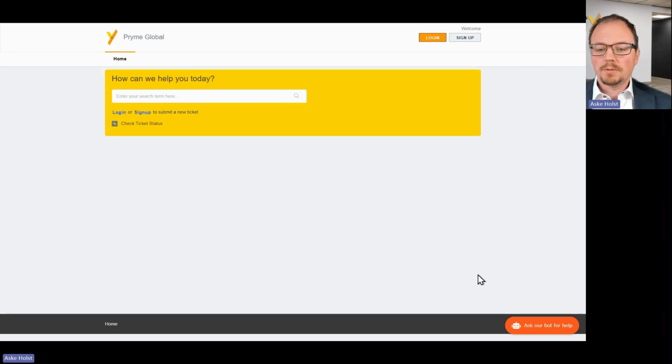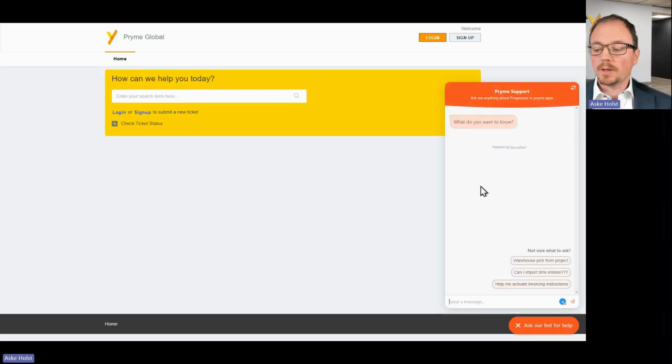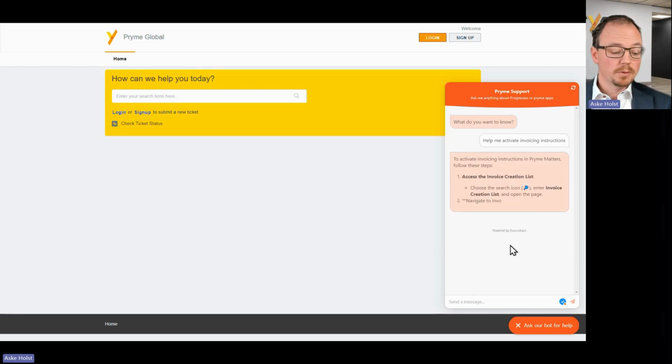So we have two different chatbots. One is available on our help desk page, and it shows up in the bottom right corner here. You can open it up and you can ask it basically anything. It suggests the kind of question you can ask it. But even if you have a long query, something that you wonder about, try to paste it in and see what it gets. And so you might have a question and you ask it, and it will pull from the